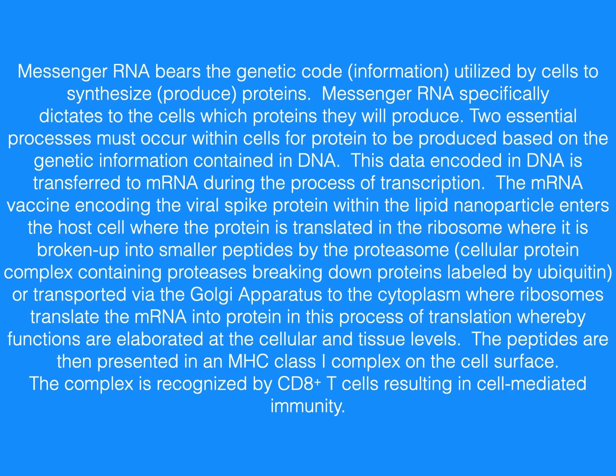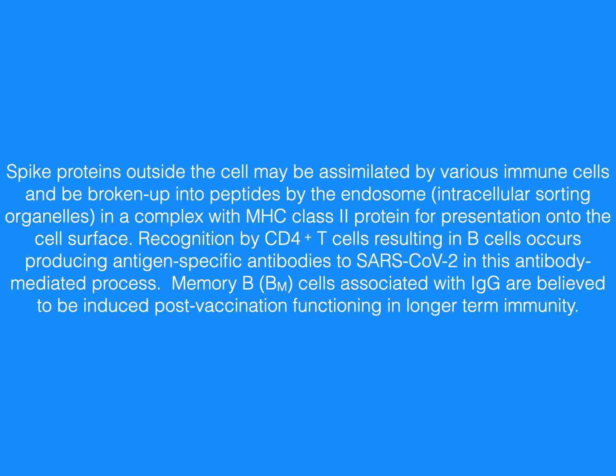The peptides are then presented in an MHC class I complex on the cell surface. The complex is recognized by CD8 plus T cells, resulting in cell-mediated immunity. Spike proteins outside the cell may be assimilated by various immune cells and be broken up into peptides by the endosome in a complex